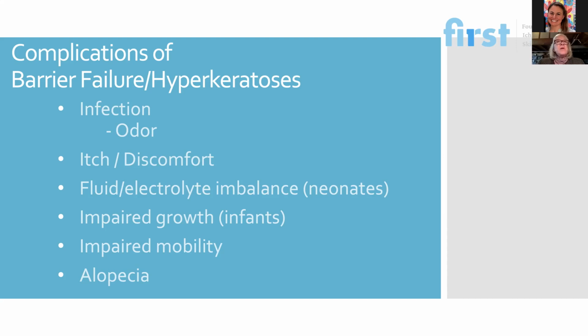The thickened stratum corneum can also favor overgrowth of disease-causing bacteria and fungi. Fissures and blisters can provide a pathway for infections to penetrate deeper through the skin, leading to serious systemic infections. Babies are particularly at risk for this due to the immaturity of their immune systems. Changes in the skin's microbiome can also produce unpleasant odors, further burdening the lives of some with